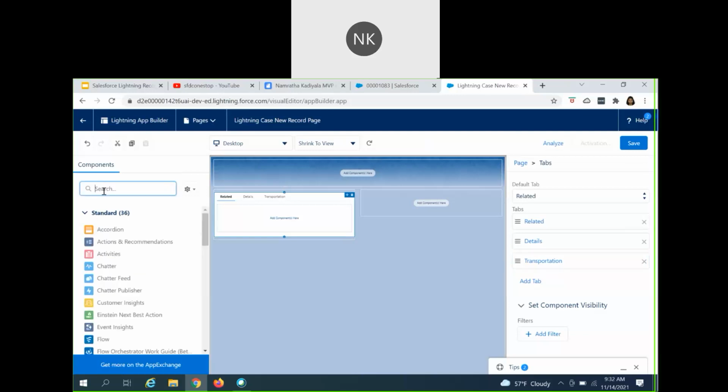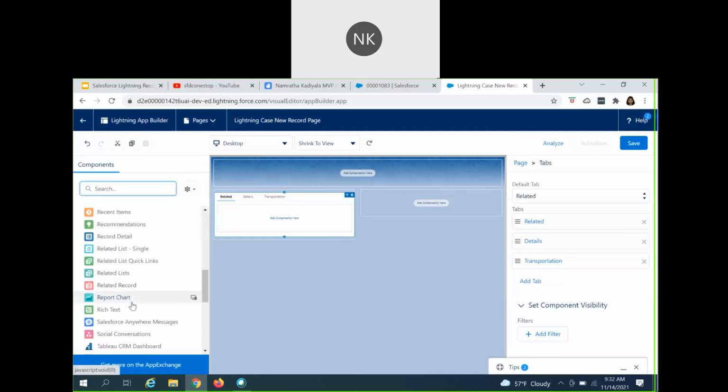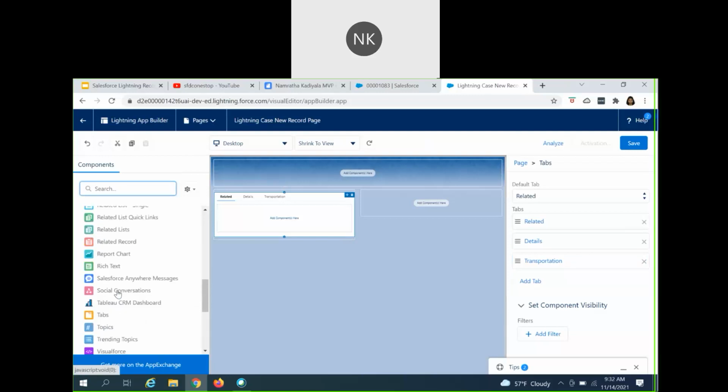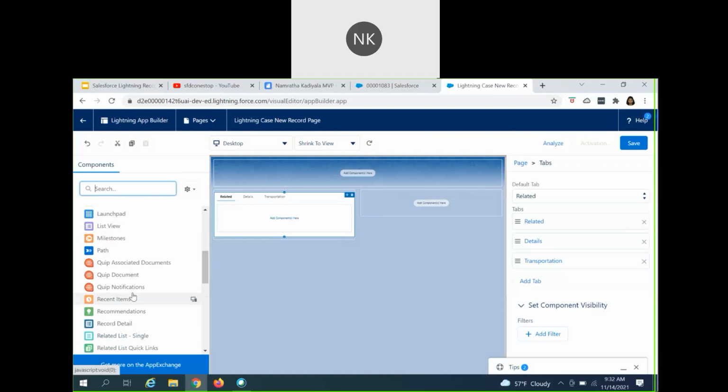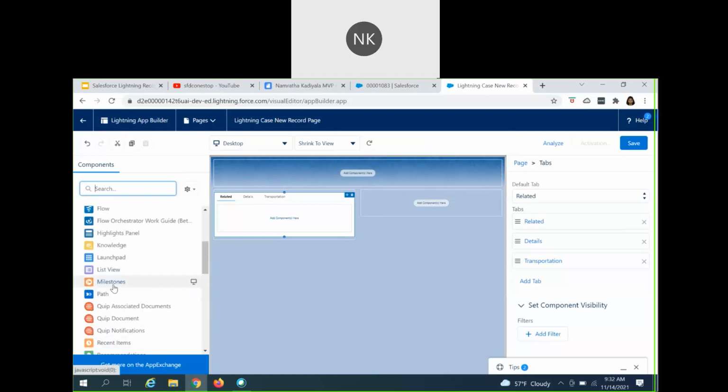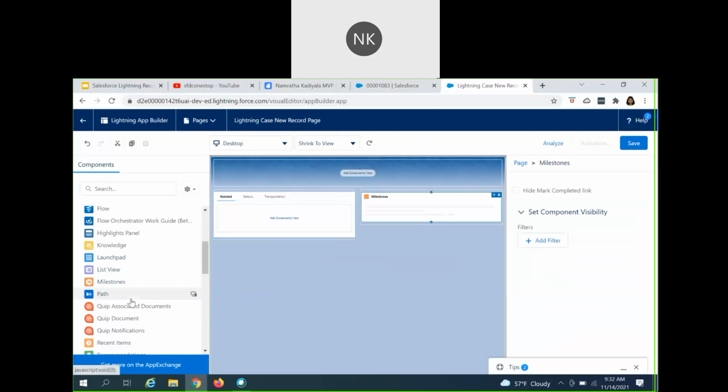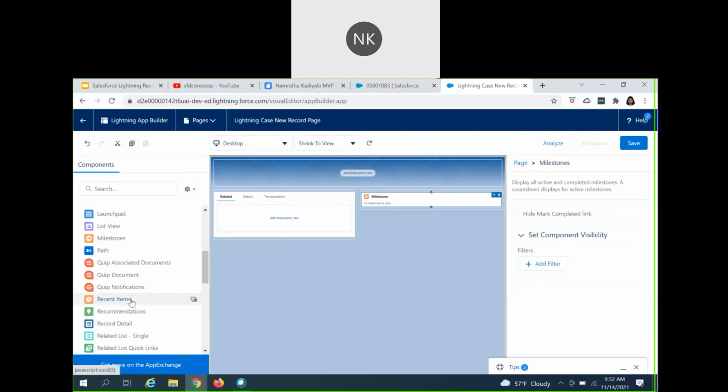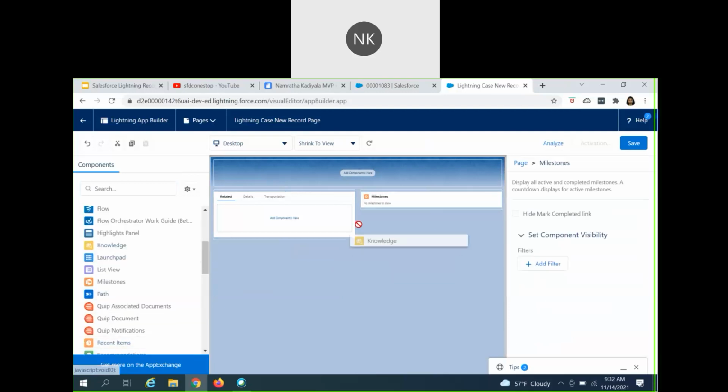So let's remove this and we'll see what different things we have. Here you see something called knowledge. Let's have the knowledge because it is a case, right? So knowledge will be useful. Then we also have the milestones, so I can add the milestones here. You have the knowledge.